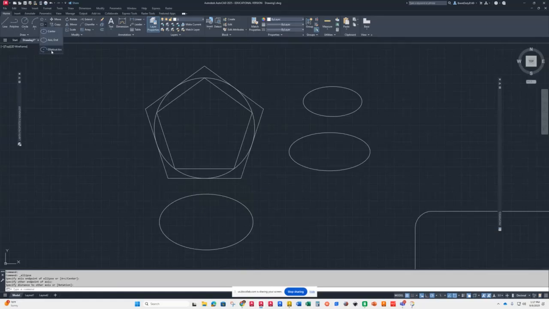And then you have the elliptical arc, which I don't use very often. Here's why. If I pick this starting point and this starting point, and then put in my distance, now it's like, wait a minute, now what? Okay, well, what if I want to start here? If I go this direction, it's going to keep that part. If I go this direction,